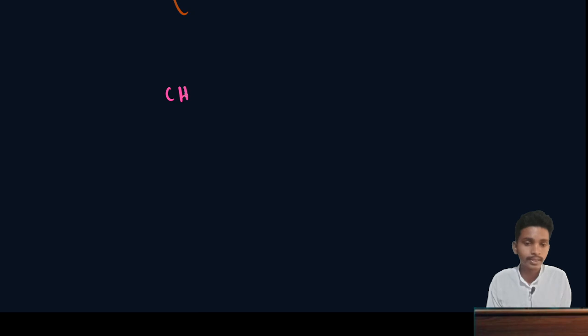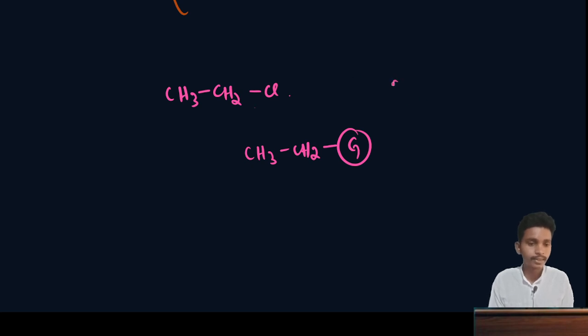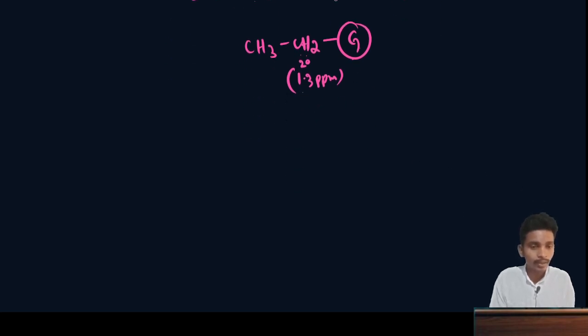Let's say we have CH3, in this case CH2, we have Cl. So any group like CH3, CH2, and here we have any group, let's say here G equal to Cl, so according to this G, an increment to this will happen. This is a 2 degree carbon, so its value is 1.3 ppm. Okay, so now due to G, some value will be added to this 2 degree carbon. Now how that value will increase, let's say I am writing here,